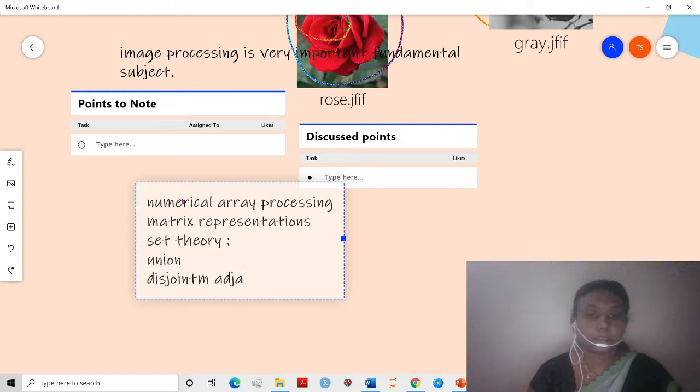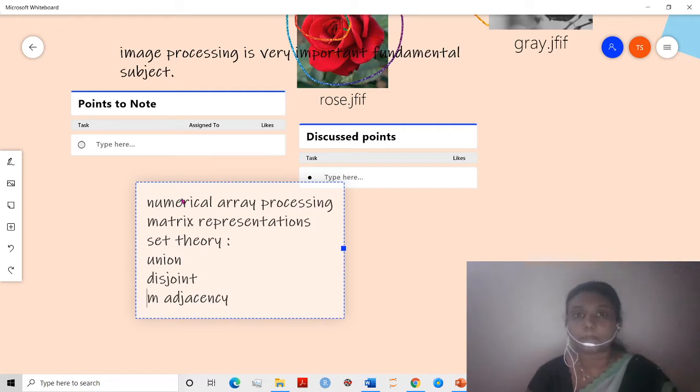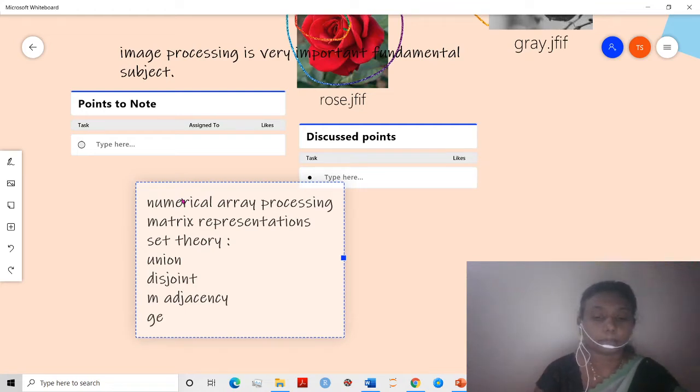adjacency matrix operation we did, and we learned within the DAA subject. If you remember, the adjacency matrix multiplication we learned within that subject is very useful within this image processing operation. And we also need to know some